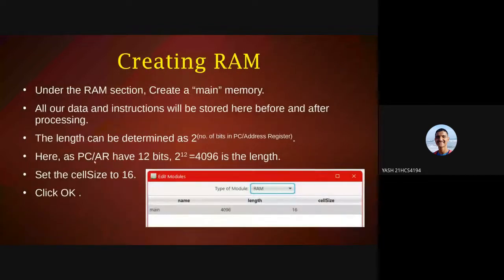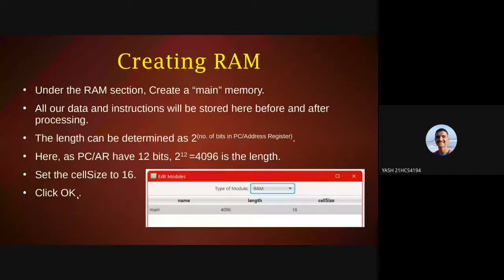The length of the address part of the RAM can be calculated as 2 to the power number of bits in the program counter or address registers, and the cell size, that is the actual data part, is by default 16. Here we use 16 since it is a small program.